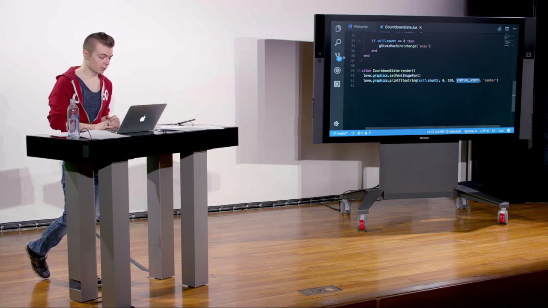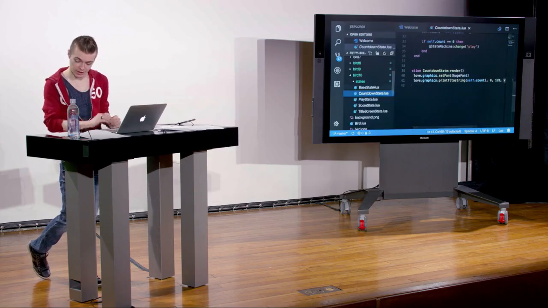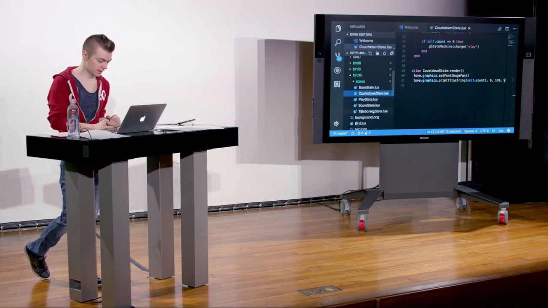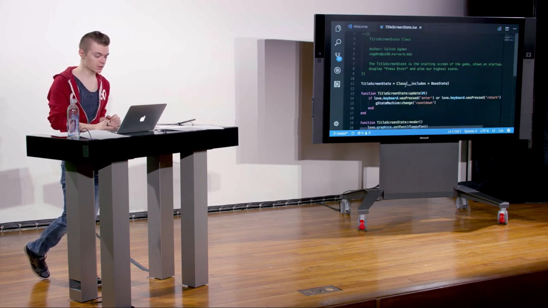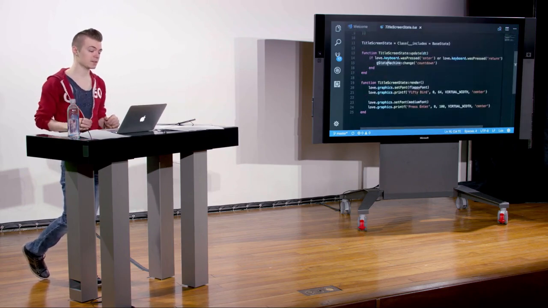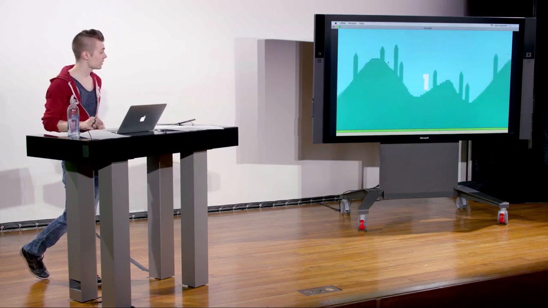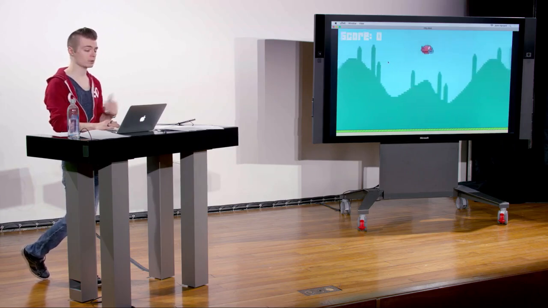So the one last piece that we need to change is in our title screen state. Instead of going straight to a play state here on line 15, we're going to a countdown state. And what this has the effect of doing, if we go into bird 10, is when we press enter, notice that we're going 3, 2, 1, then going into our play state,